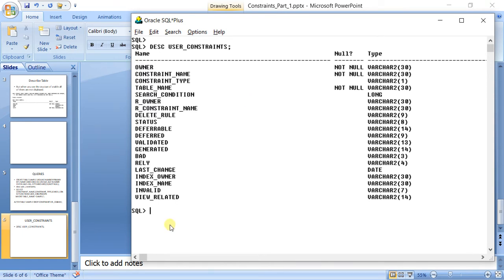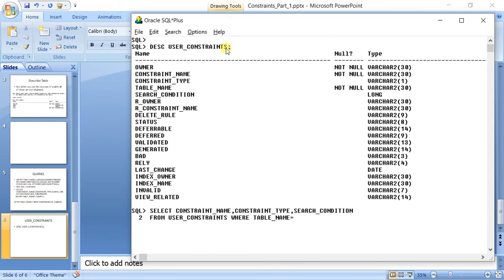So we will type only these. We will type select constraint name, comma constraint type, comma search condition from user underscore constraints where table underscore name is equal to.